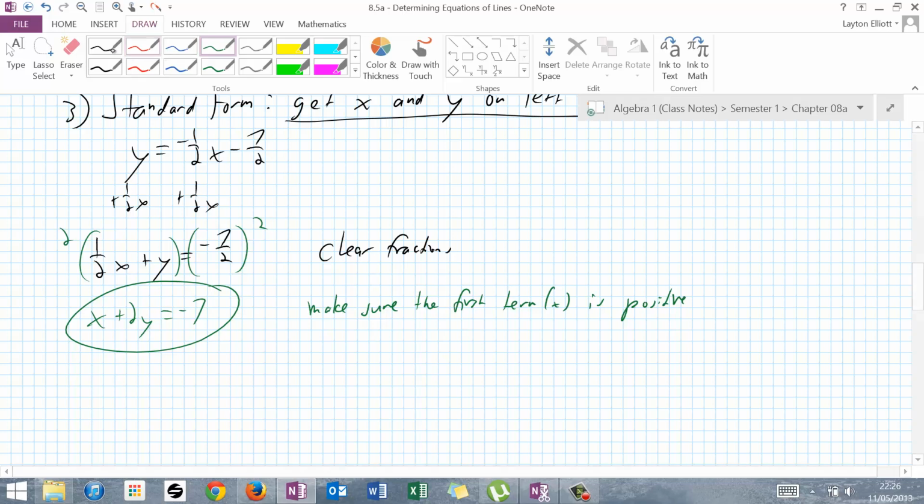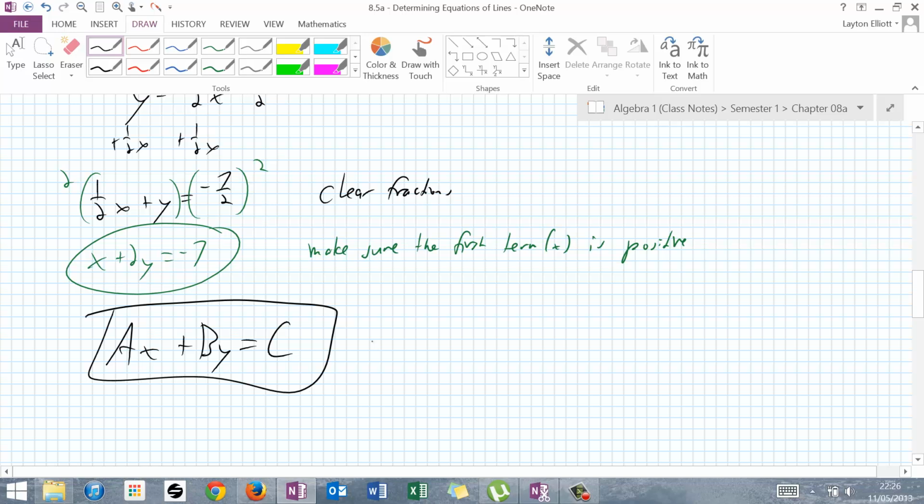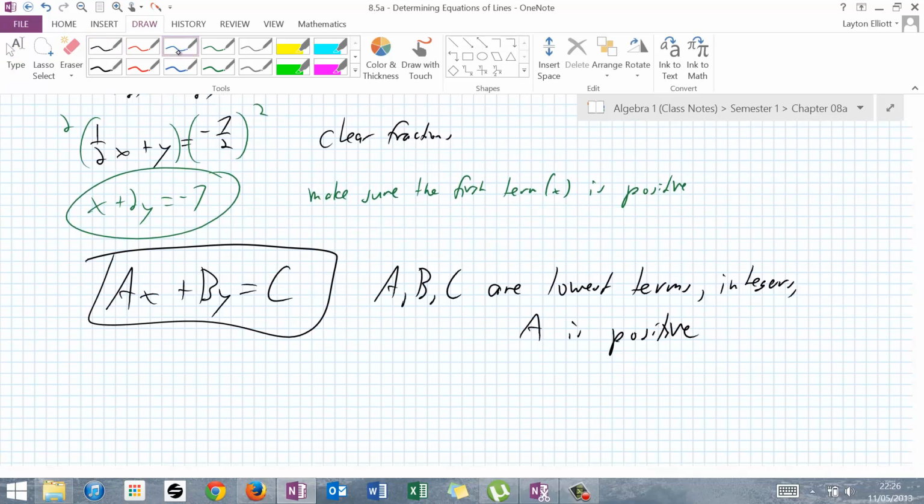And I want you to take this down. That standard form is ax plus by equals c. And there are 3 conditions here. A, B, and C are lowest terms. They're integers. And A is positive. So what this means